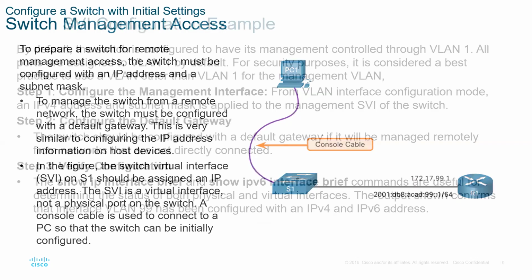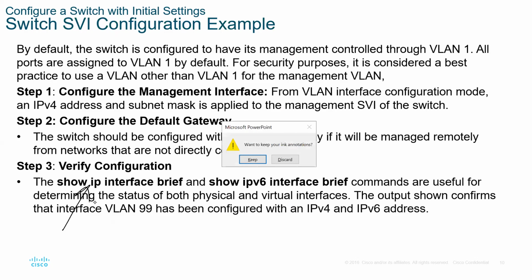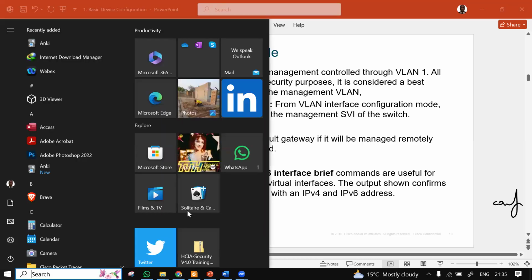Then the slide. Let's continue. Switch virtual interface: 1, configure the management interface. That's our interface VLAN 1. We configure the default gateway 2. We verify configurations 3. Right. I need to highlight verifying configurations. This one is very important. Understanding the show commands is very important. So when you are doing configurations, when you are practicing,